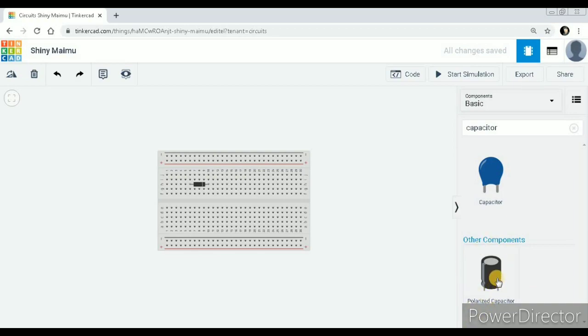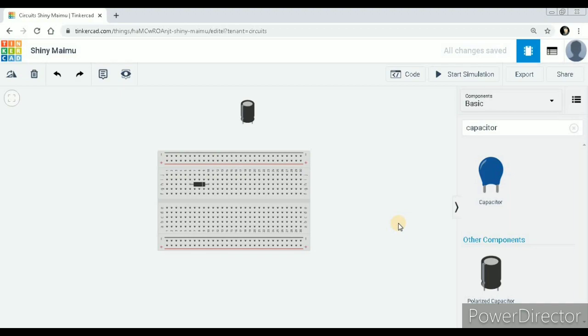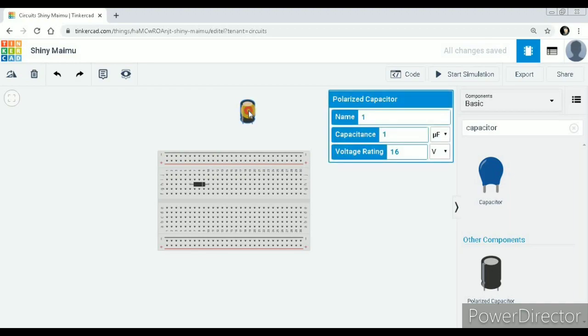Like the breadboard and the diode, you just click on this icon and then drag onto the space provided to design the circuit. Then, same as the diode, this must be placed on the breadboard. Just click on the icon and place it on the breadboard. Then next step, you need a 2 kilo ohm resistor.